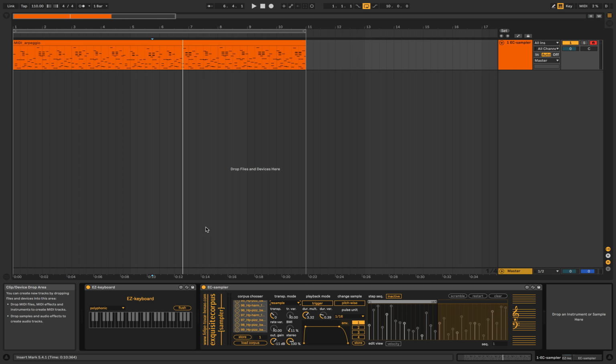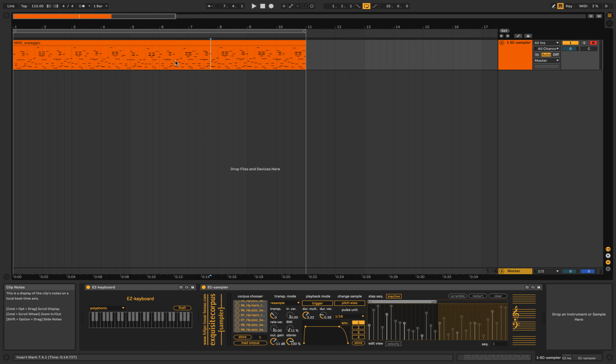Now let's move on to playback mode. So trigger mode is the one that we have been using so far in this video, and it means that it will behave like a regular sampler, meaning when you press a key or whatever incoming note we have, there will be a sample playback per note. So if we listen to this again,